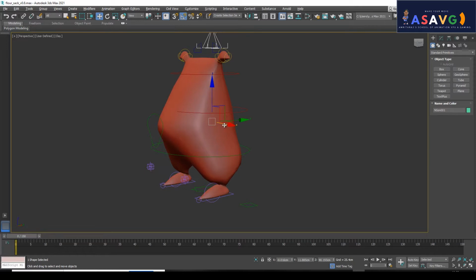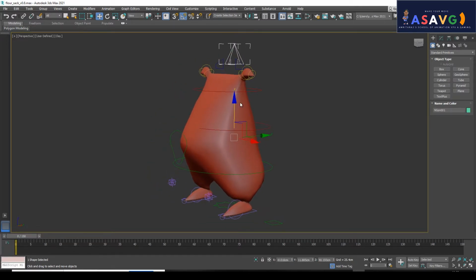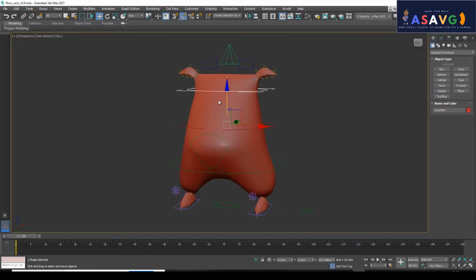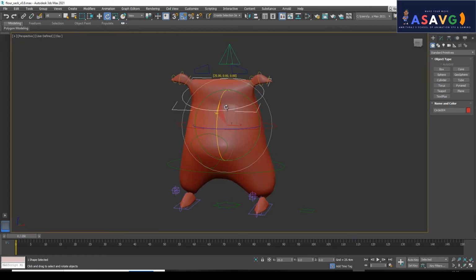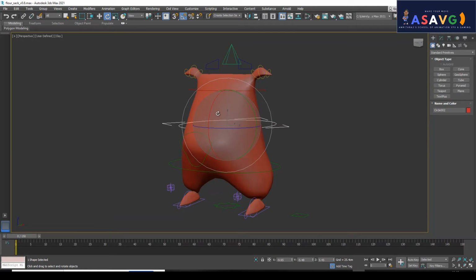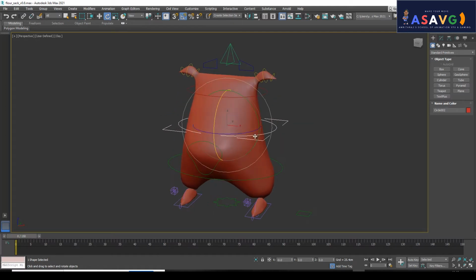attached to which control. First of all I will click this one, and the translation is working as well as the rotation. You can click here, so you can work this one. The second control, if you click here and I move it, it will work like this. The third control, if there is a translation, we can use the translation also. In some controls the translation will not be working, only the rotation will be working more.